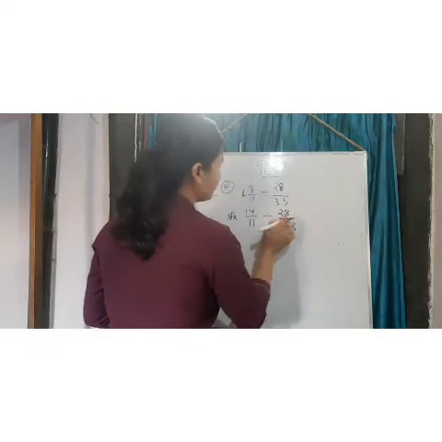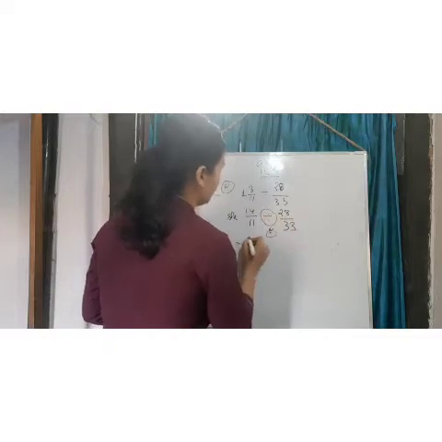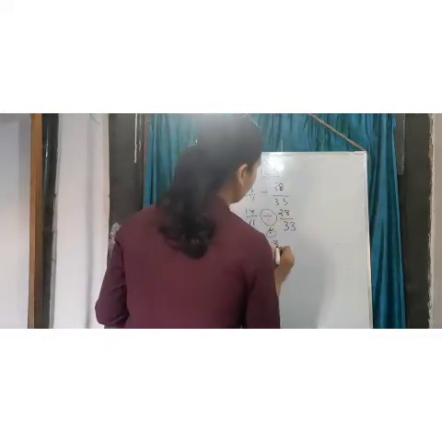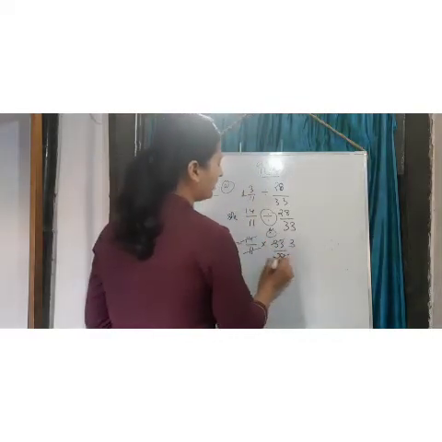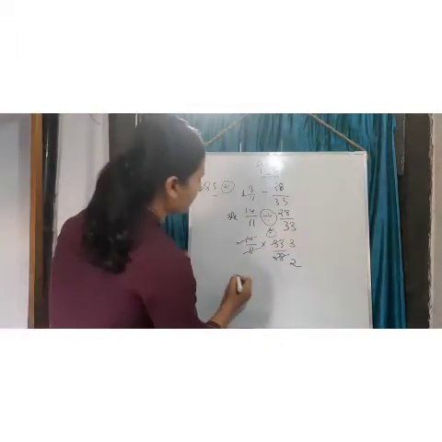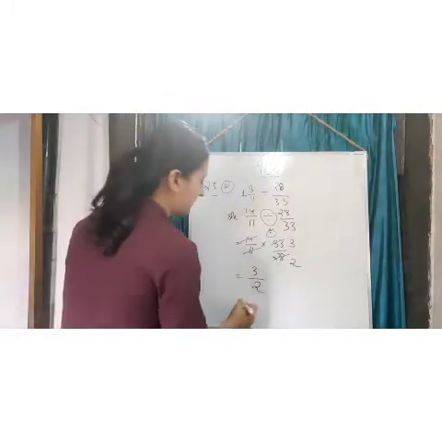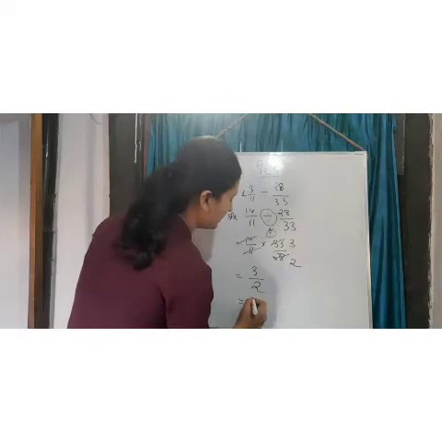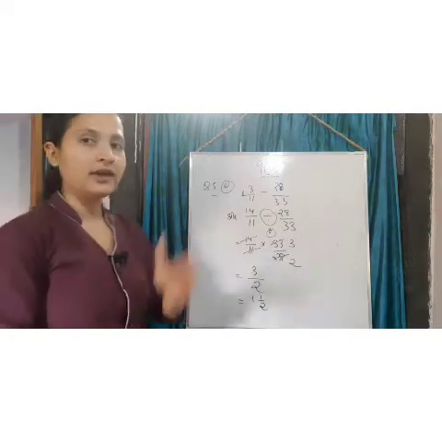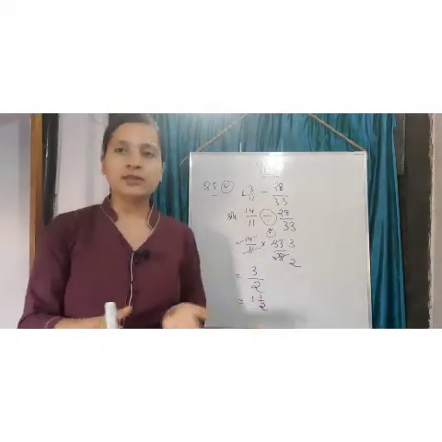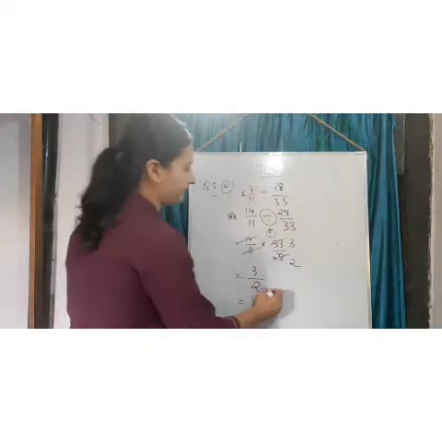Now what shall we do next? This sign should be into, right? Divide will become multiplication. So 14 by 11 into 33 by 28. 11 3s are 33 and 14 2s are 28. So this will become 3 by 2. Are you getting it? And if you convert this into a mixed fraction, this will become 1 and 1 by 2, because 3 by 2 is 1 and a half, right?